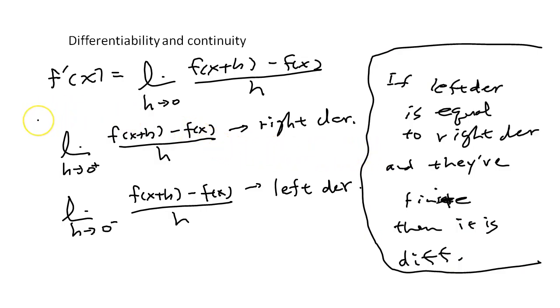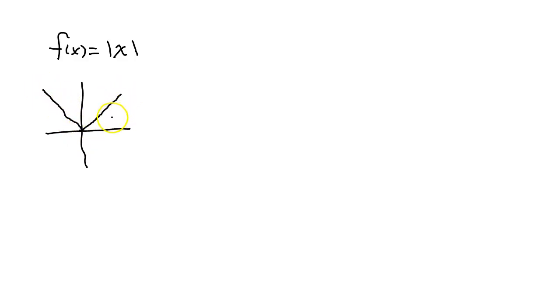All right, so that immediately draws our curiosity. When would this thing actually fail? And there's actually a very easy example of such a thing. Consider the absolute value function, f of x equals the absolute value of x. Do you recall the graph of this? We're supposed to know this graph. The graph of this is this V-shaped thing.